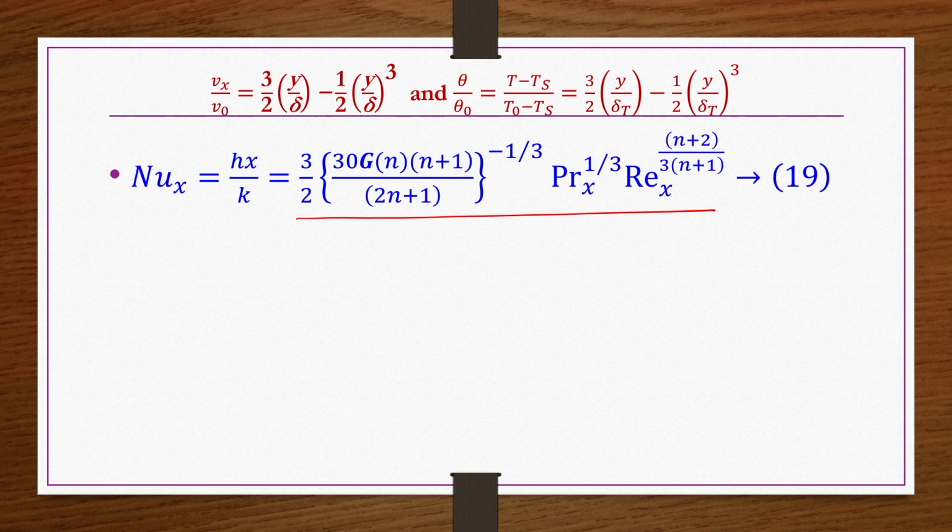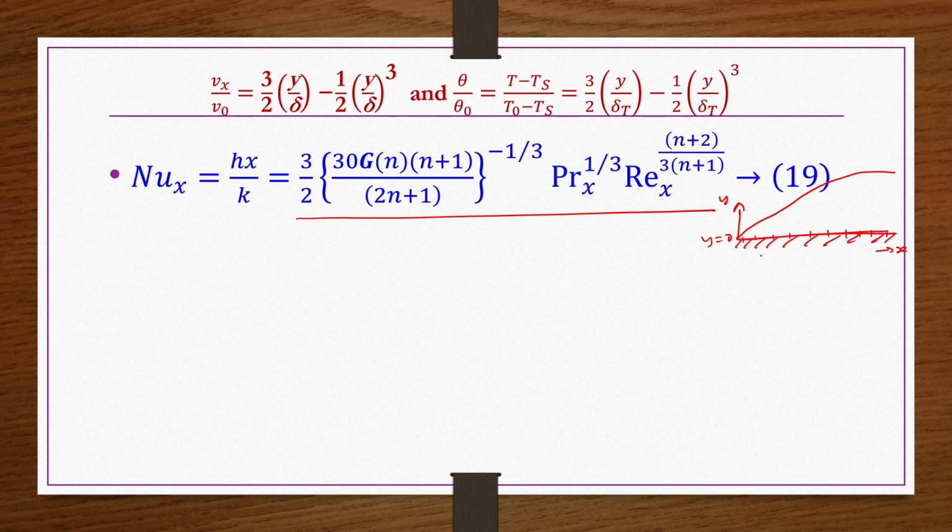This is the local Nusselt number. Local in the sense that this is the plate we have, this is y equals 0, and the boundary layer gradually increases. At different x values, along the x direction, if you wanted to know what the Nusselt number is along the plate surface, then you have to use this equation along the plate length. As the x value increases, how the Nusselt number increases, you can get from this.